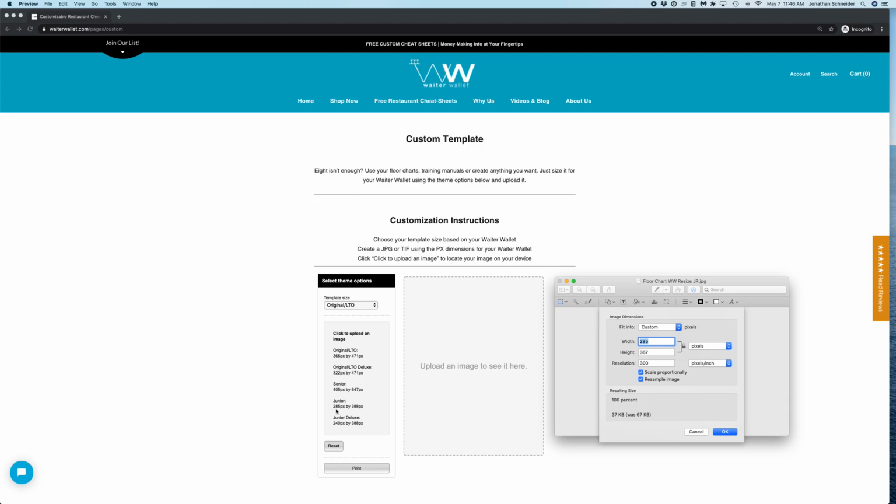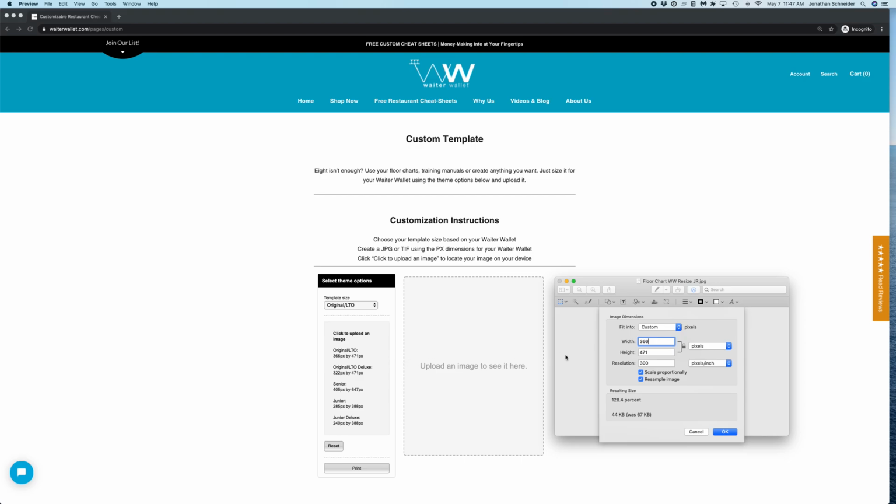So you see currently, the width is 285, which is for the junior. We're going to just change this for the original Way to Wallet. So say you wanted to have this for the original Way to Wallet, you would just type in 366, and then, because the width and height are linked, it's going to automatically change the height proportionately. In this case, it's exactly what we want because I think we made this for the original